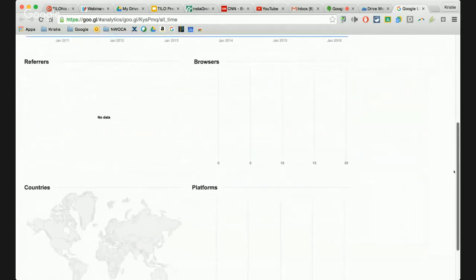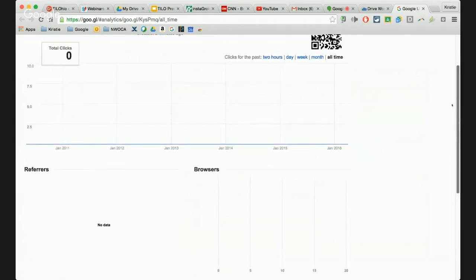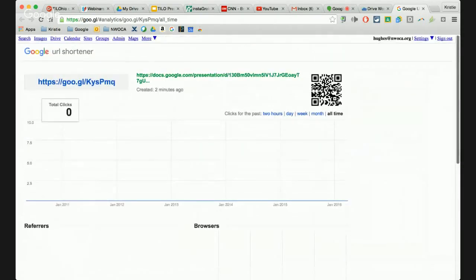And it will also keep track of the browsers. It will also keep track of what countries they were in, who clicked on my link, and then what platform they were on. And the best example I have with this one, since I was a previous teacher, is if you're creating a teacher website and you're promoting it to parents and staff and students and so forth, I would use this Google URL shortener and make it a shortened URL, and then keep track of how often people are going out to your classroom website, to your teacher website.